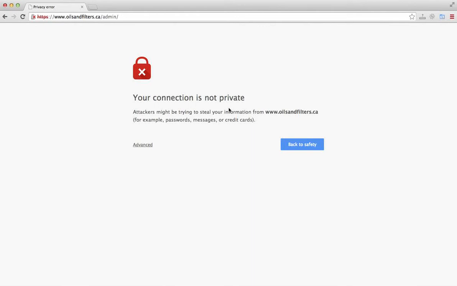SSL certificates are issued by authorities like GoDaddy, GeoTrust, VeriSign. These authorities are recognized by browsers as authentic authorities to issue SSL certificates. Because we are issuing our own SSL certificate, you will see this warning. There is nothing wrong in here. It's just that we are issuing our own SSL certificate, and it's of course free because we are issuing it